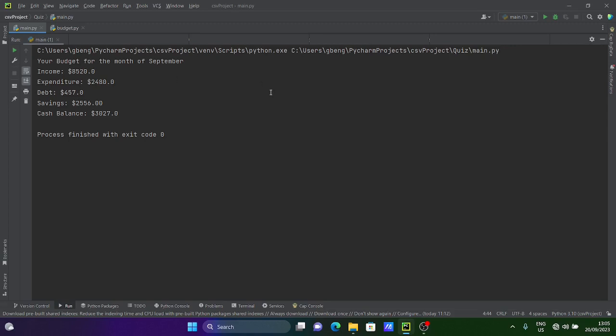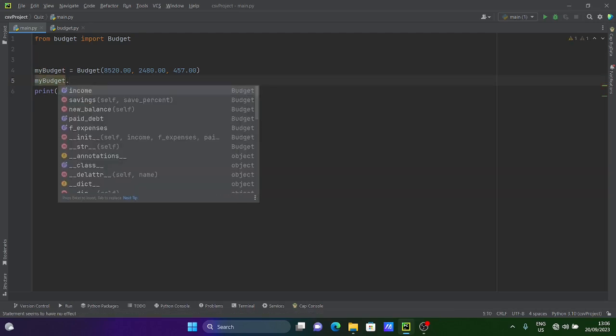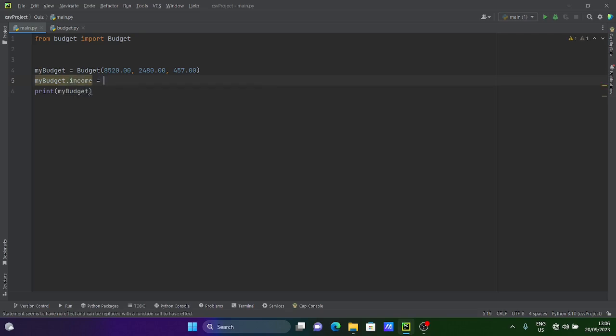Then like I said earlier, to make the income something that is just readable, that nobody will be able to change, that's why we use the underscores. So let's try and test this out. Like I told us earlier, to access any data attribute of an object, what we can do is say the name of the class, my budget dot. Let's try to change the income now. Income is equal to